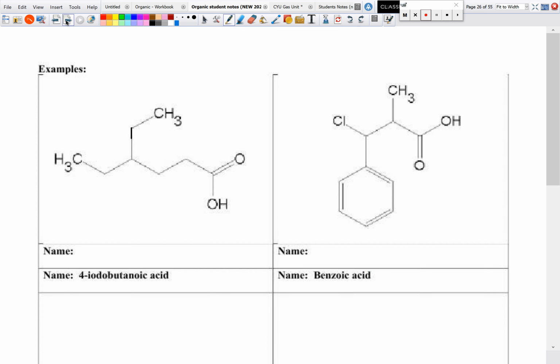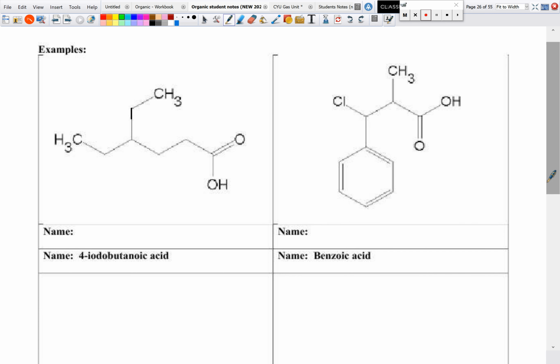All right, so let's have a look. So we can tell our first hydrocarbon chain is right here. Now, right away, I see the carboxylic acid functional group right here, so I know carbon 1 has to be right here in the middle. Next is just finding my longest continuous carbon chain after that. So I go 2, 3, 4, 5, and 6. So my longest carbon chain is going to be hexane